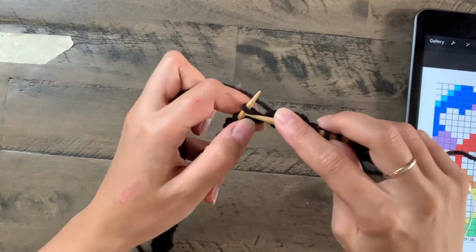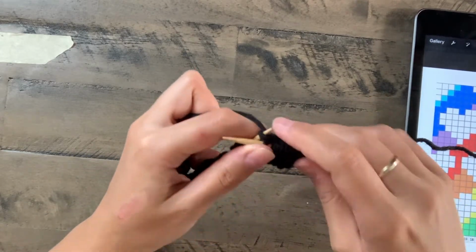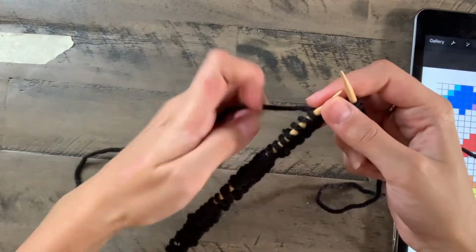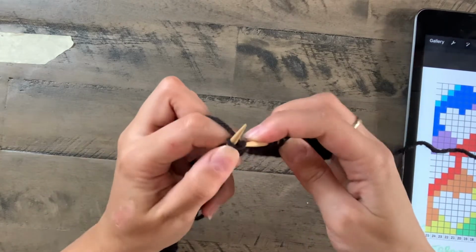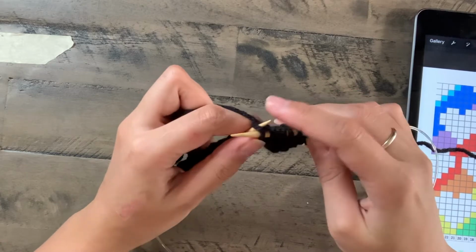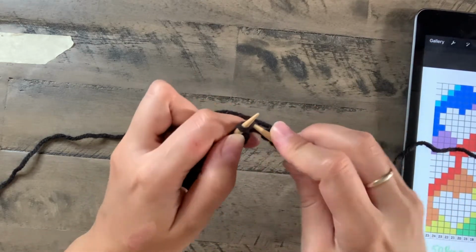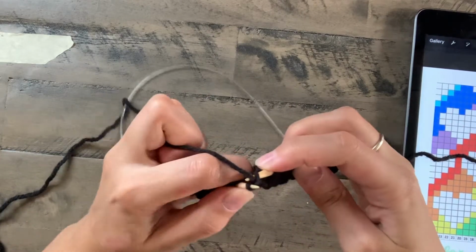This takes some practice, guys, so don't get frustrated. I totally get it. I was in that same position. But just keep going. Keep trying, don't give up. And then you'll get somewhere eventually. But the biggest advice is just have fun. Enjoy it. Think of the bigger picture. Oh, and my bigger picture is one day I want to make some sweaters with this really cool stitch,